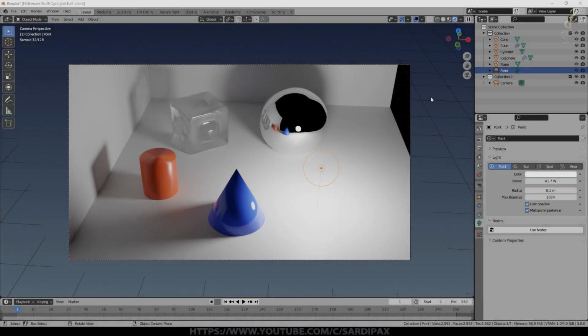Hi there. Although this tutorial will continue from the point at which I left off in last week's tutorial, you can view this as a standalone tutorial. This tutorial will talk a little bit more about the different types of lights and how they might be used, whereas I covered quite a bit about rendering in Cycles as well as the basic light in the last tutorial. So there'll be a link in the description below to the previous tutorial if you want to go and have a look at that one.